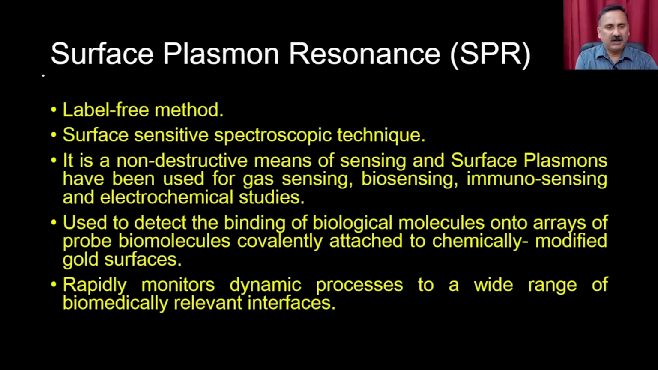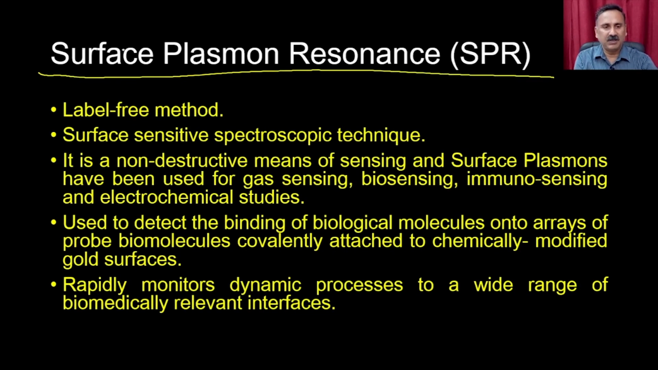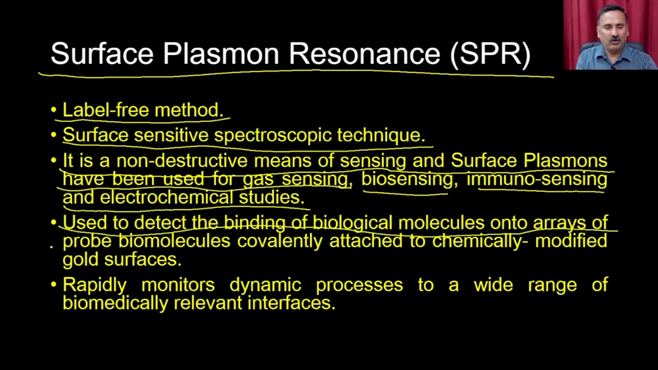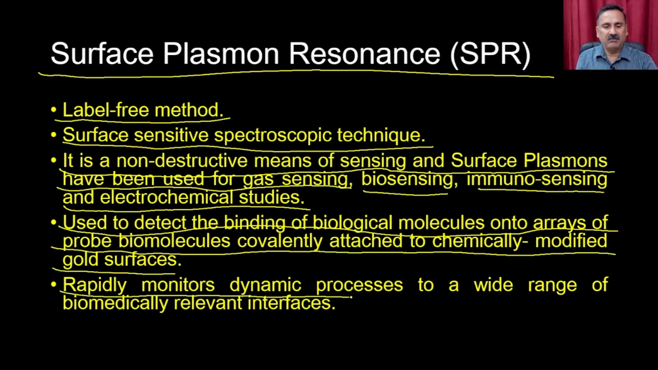So now what is SPR? SPR, or the surface plasmon resonance, is a label-free method. It's a surface-sensitive spectroscopic technique. It is a non-destructive means of sensing, and surface plasmons have been used for gas sensing, biosensing, immunosensing, and electrochemical studies. It is used to detect the binding of a biological molecule onto an array of probe biomolecules covalently attached to the chemically modified gold surface, and rapidly monitoring dynamic processes at a wide range of biomedically relevant